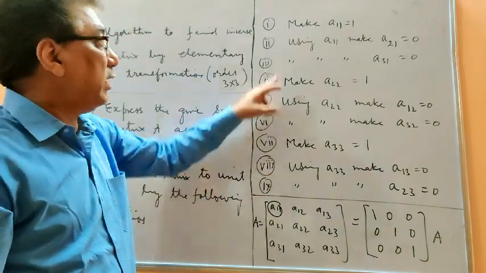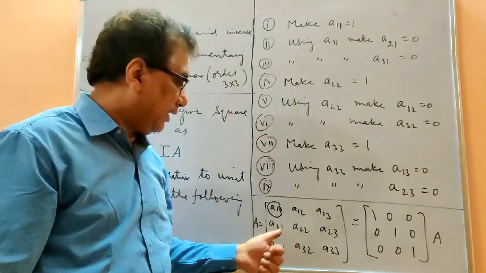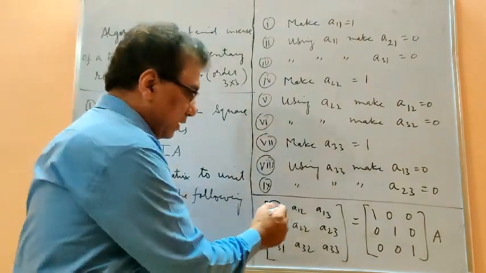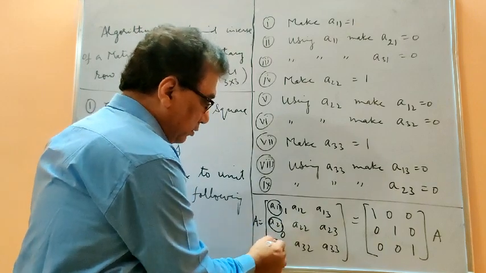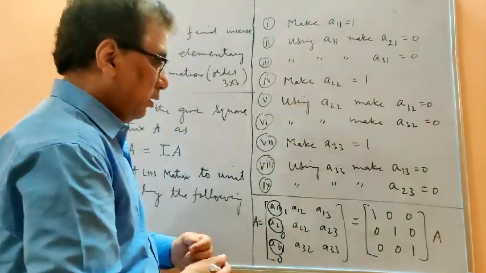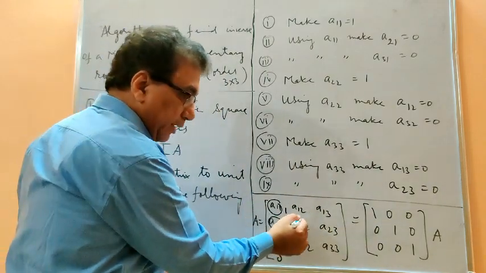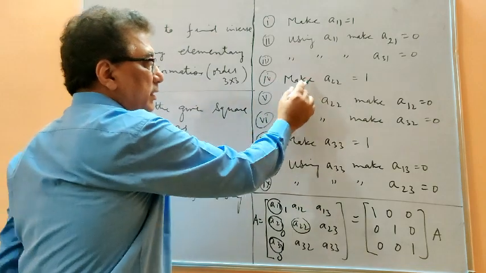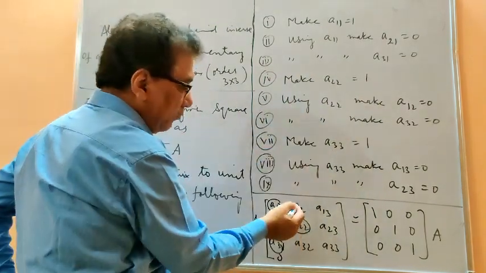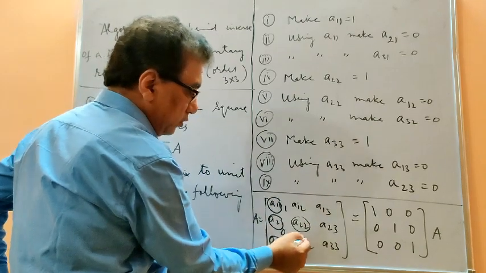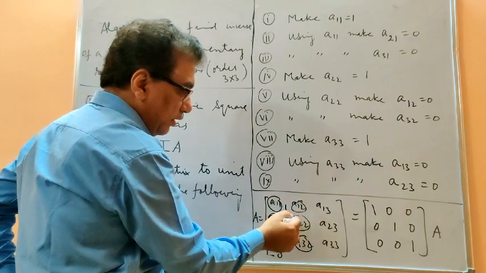Then after making it 1, using A11, means using this value, you have to make A21 as 0. So this has come to 1. Now we are making this 0, and this is also the next step 0. So the same we have to do on this side. After getting 1 0 0 here, we have to make this element 1. The same is written here: make A22 as 1, and then using this 1, make 1 to 0 and make 3 to 0. So this has to be made 0 0. So what we have got is 1 0 0 and then 0 1 0.